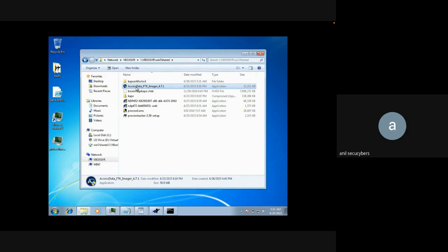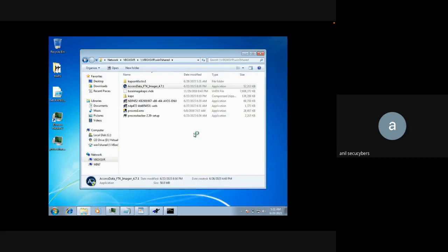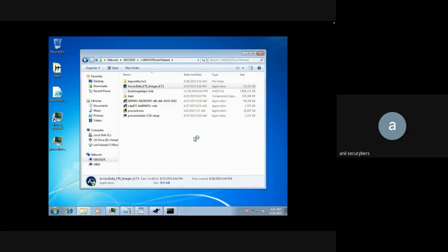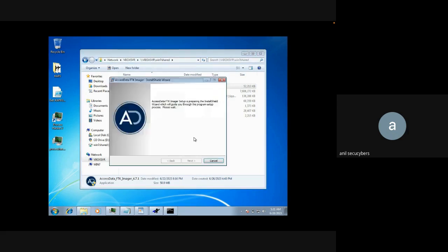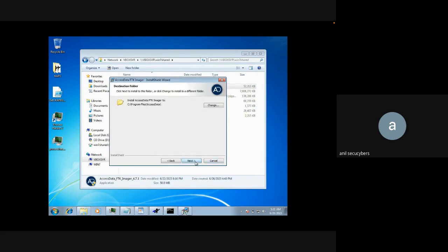So this is the FTK imager, guys. I'll just quickly install this. You already have this in the Google Drive folder link that I have shared with you guys. It should be pretty easy to install, and I don't think there'll be any kind of error. So I hope for the best. Okay, let it install, and in the meantime, what we'll do is that